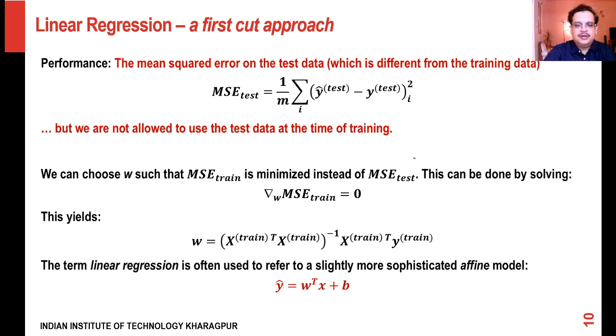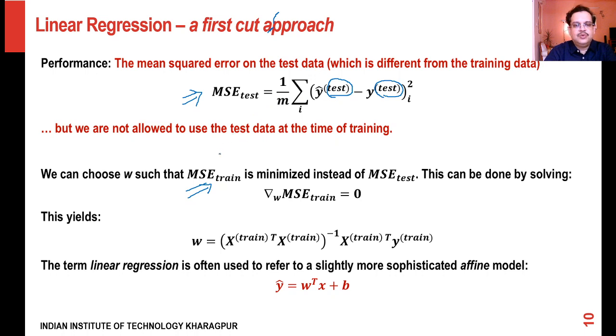So what is the training error? Just like you have the test error, the error over the test data, which is what you see here, you can have a similar formula for the training error. So instead of using the test here, for the training error you will use y train, and you will use the y hat train and the y train here, and thereby you will compute the mean square error for the training.